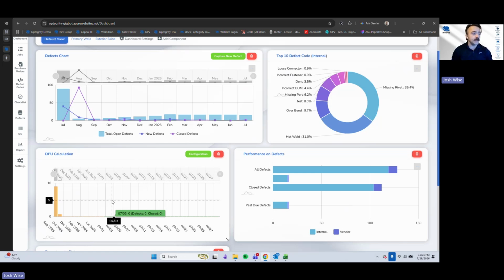If this is a live environment, you'd see multiple bars here representing the months and then the actual days. Each day would have its own bar of the current month, so in this case, July. You'll see each of the days has its own bar that represents the DPU for that day. And then you'll have a total average July DPU, and we can talk more about how that's set up and how that's calculated